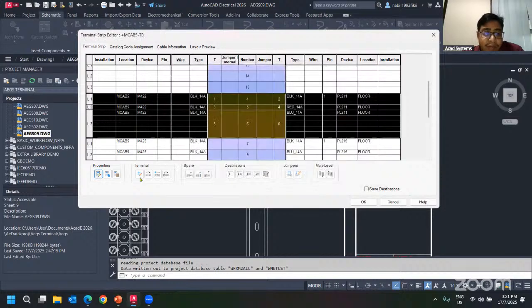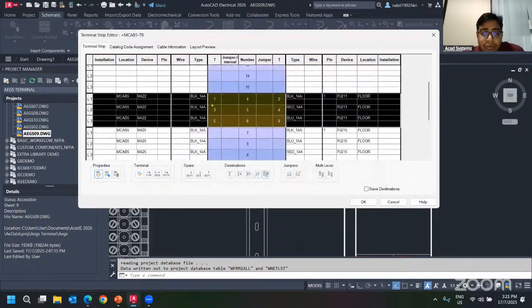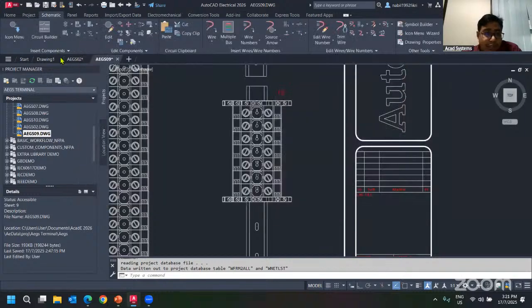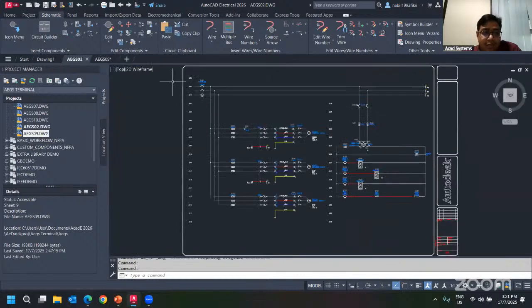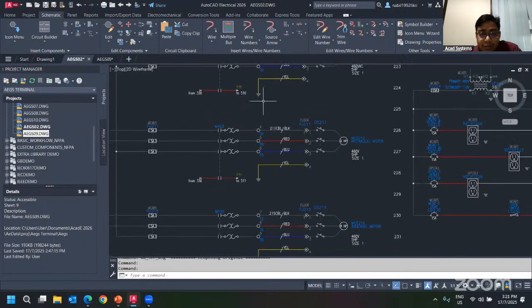Okay, so we have the properties editor. I can just click and make sure everything is, let's say, 2. Or if I want everything to be a 1, I also can, but I'm just going to leave it as 2. Now everything is 2. Okay, so we have this left and right. We have the device here and the device on the right side, left and right. So that is the connection. That indicates the connection between left and right, which is this